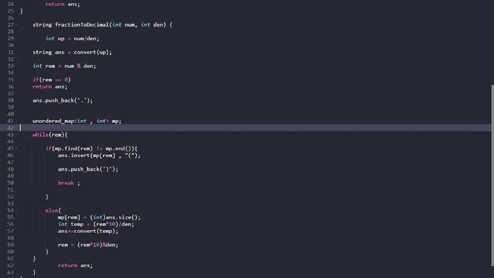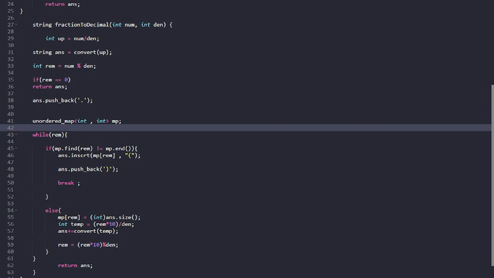Here my key is the remainder and my value is the length of the string. I am finding whether my remainder is occurring or not. What does it mean, not equal to mp.end? It means that if that key occurred in the map previously, I will get an answer from find. If it's not the case, then the iterator of that map, mp, will be at the end of the map.